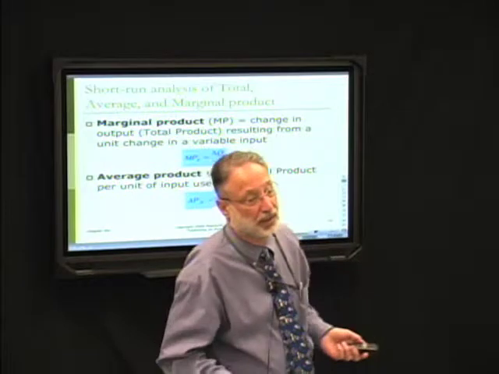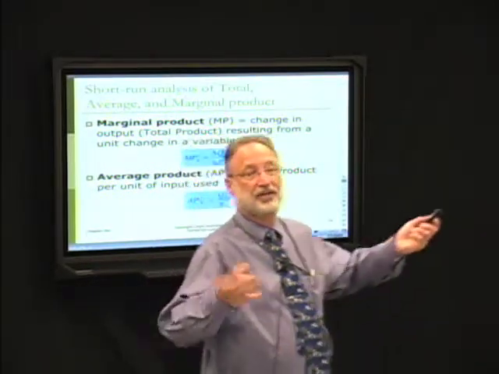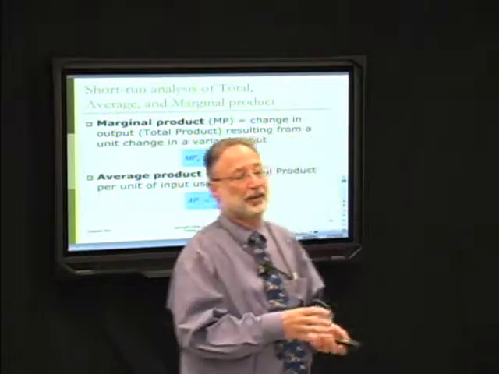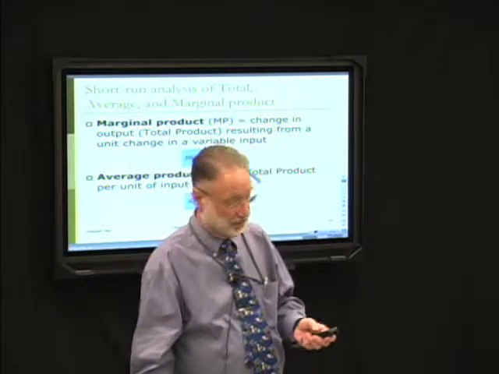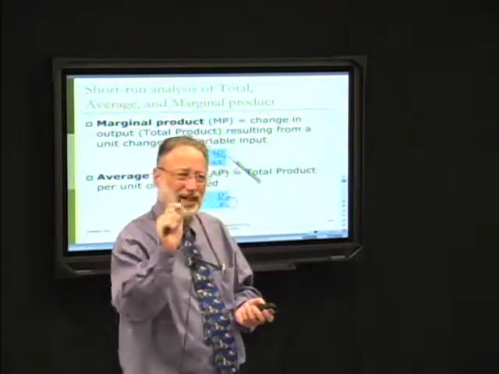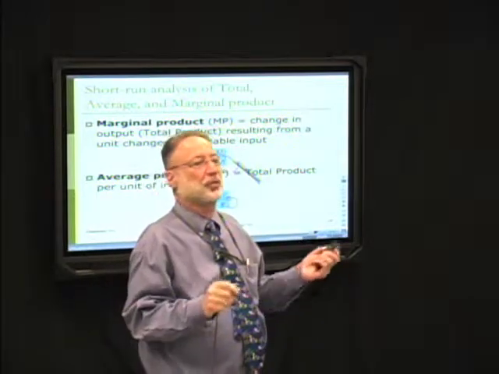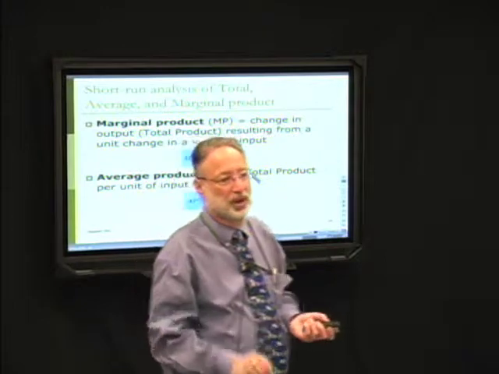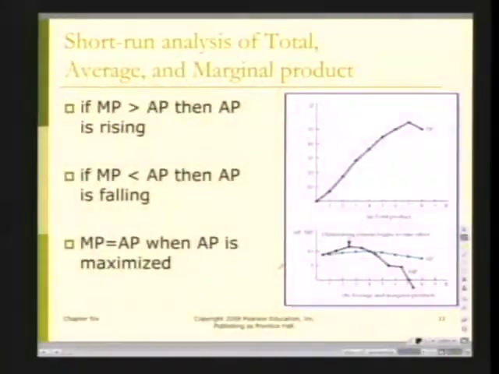Obviously, with marginal product, it's these relationships between having the average product increase or having the marginal product be greater than zero but not negative. We'll come back to those in a moment. Just off the top of your head, you can now begin to see how that matters. I certainly wouldn't want to use a factor of production where its marginal productivity was negative. Okay? All right, now we can see that graph, so let's take a look at it real quickly.